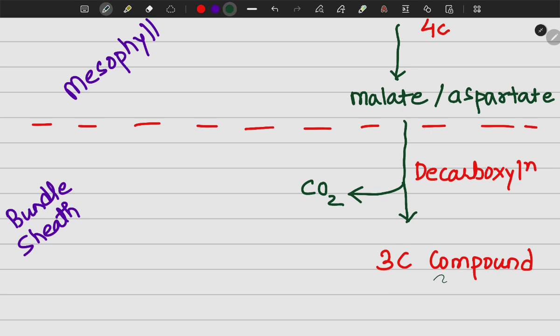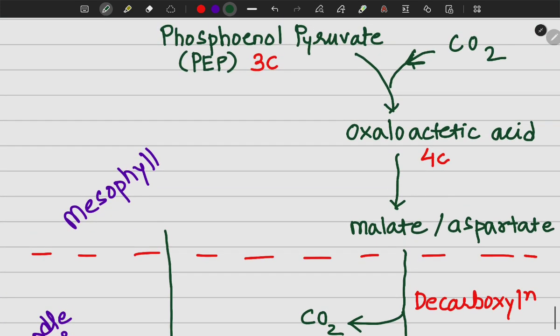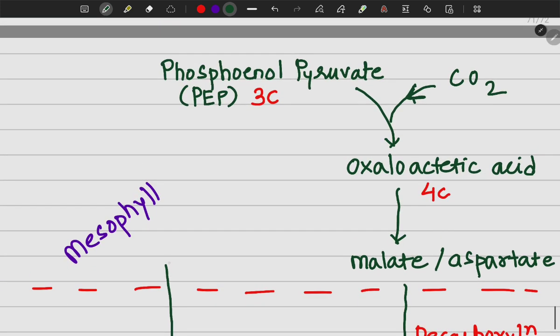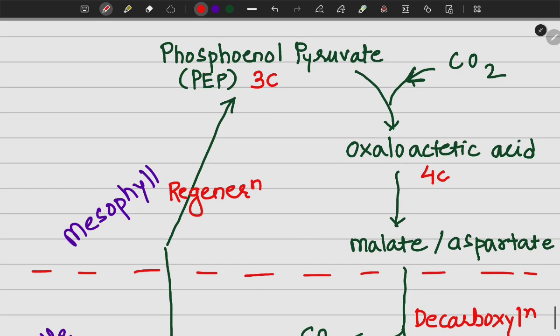This 3 carbon compound will again enter the mesophyll cell, where it regenerates the phosphoenol pyruvate, which is the primary acceptor of carbon dioxide. So here the regeneration of PEP takes place. Now here I forgot to mention the enzyme. The phosphoenol pyruvate accepts the carbon dioxide, that is, the carboxylation takes place in the presence of an enzyme called PEPcase,